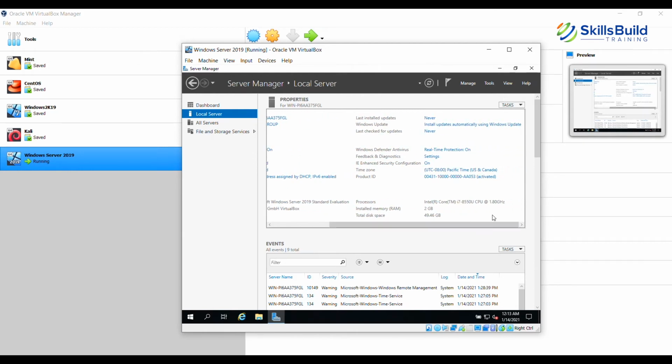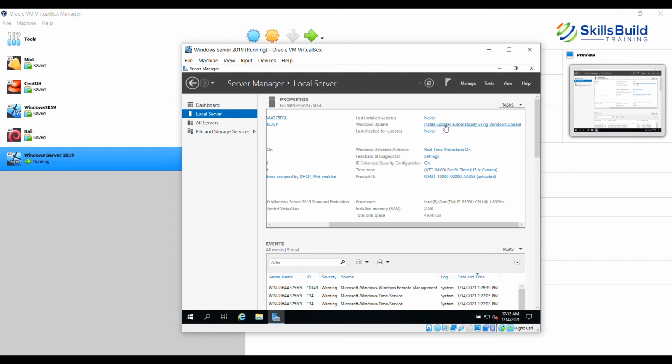Let's move to the right. Last installed update refers to Windows Update. Never. The Windows Update setting is to install updates automatically using Windows Update. In an enterprise environment, this will be controlled by the administrator.